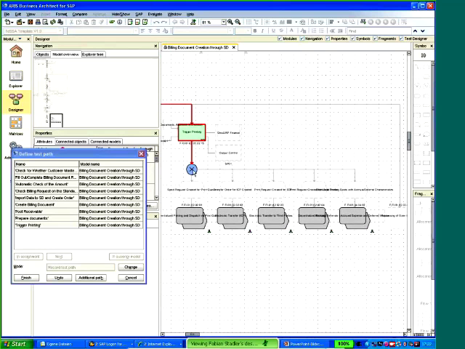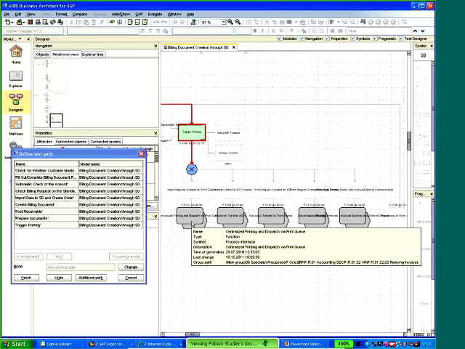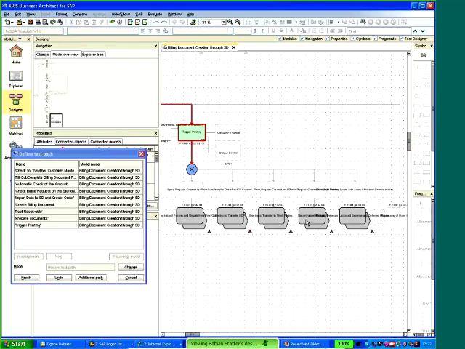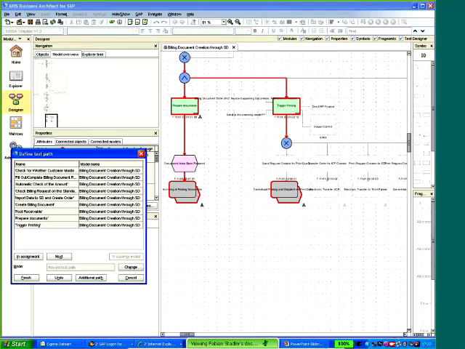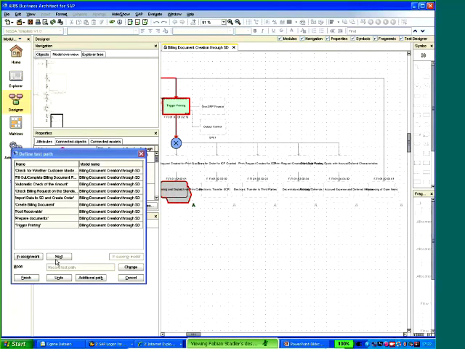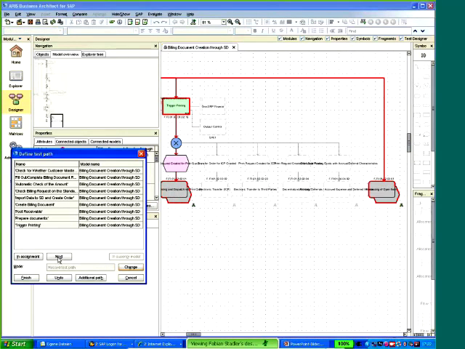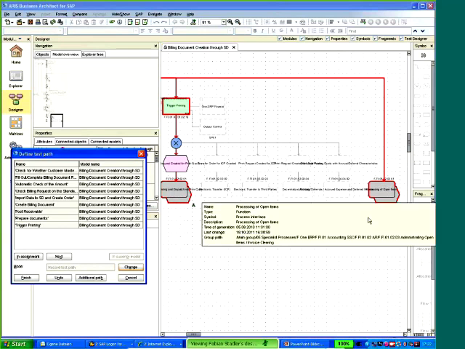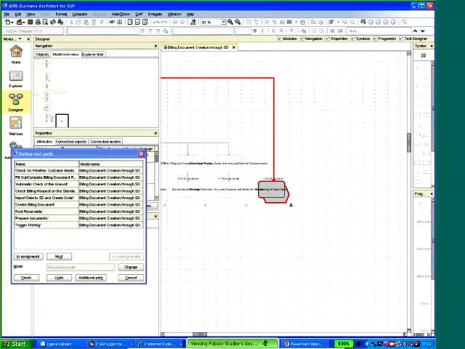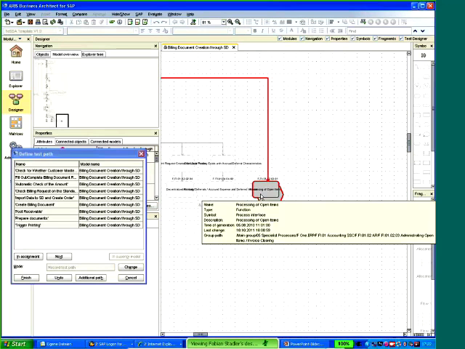So now again, there's an XOR rule, so we have to decide whether this is an invoice that is printed and dispatched centrally or decentralized. In this case, we say it's centrally printed and dispatched. And we go on with the next step, which is we have now an open item, an open document in the SAP system,